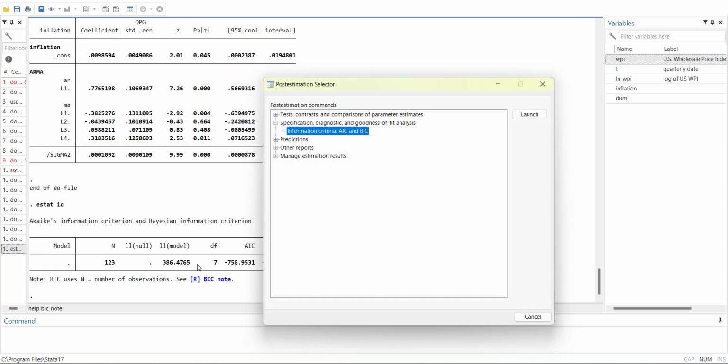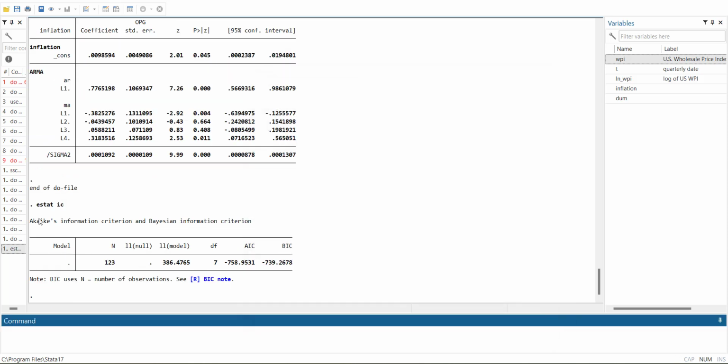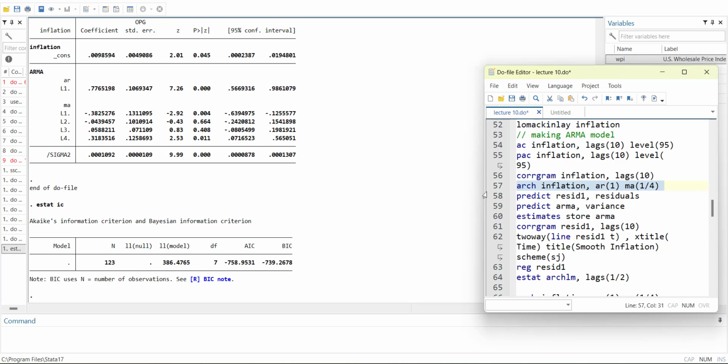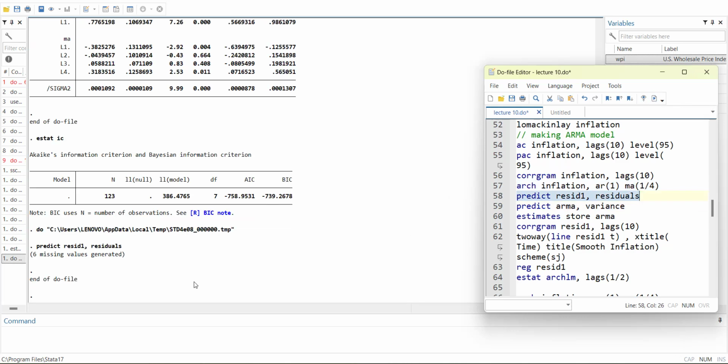Yes, information criteria. So when you press this, it will give you this command estat ic. It will give you AIC and SIC values. So when you are reducing the lags, you can note down these values. The model which has the lowest AIC and BIC is the best one. So if there is an ambiguity which one is best, you can use this method. Next we go towards prediction of residuals. So I will predict the residuals of the model and then predict the variance also,